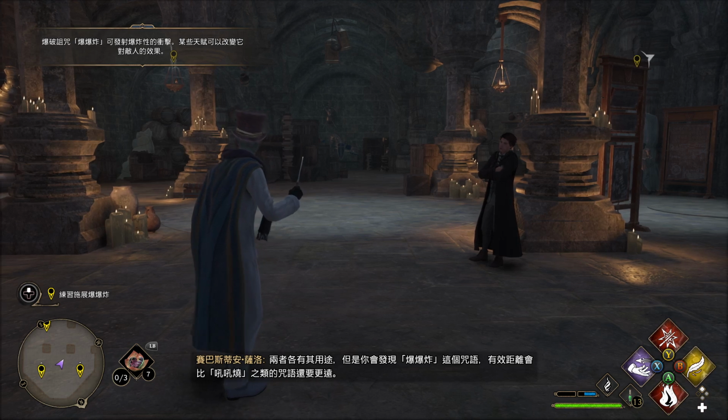Both have their uses, but I think you'll find that a Confringo cast travels a bit farther than that of a spell 变 like 形咒比吼 Incendio. 吼烧还要更远。